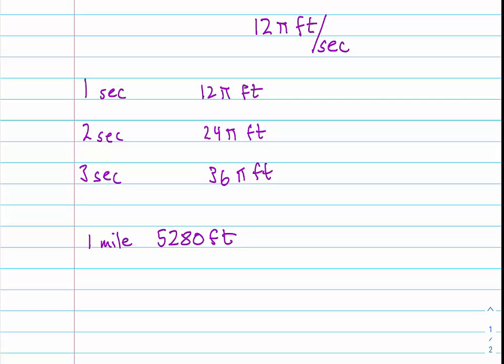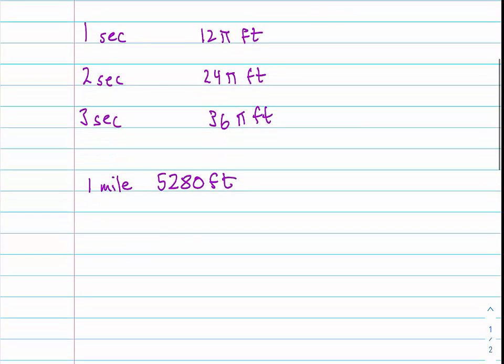Let's just set up an equation. We know that every second we go an additional 12 pi feet. So we want to know how many seconds until that total is 5,280. We can just solve that equation, and we get T equals